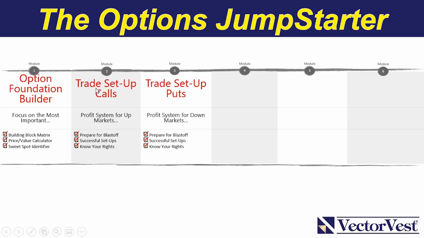Module 3 does the exact same thing, only on put options, so that you can profit from a downtrending market as well. Module 4 is all about trade selection. This is important because you don't want to just place option trades on just any stock. You want to have that stock aligned with the market and find not only the best stock, but the best option candidate. So the outcome in this module is how you'll quickly find the best stocks for your trades, both bullish and bearish, how to match your trades to the market, and how to identify which stocks make the best option candidates.